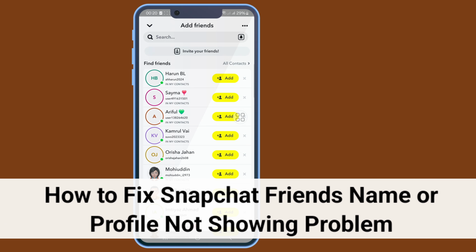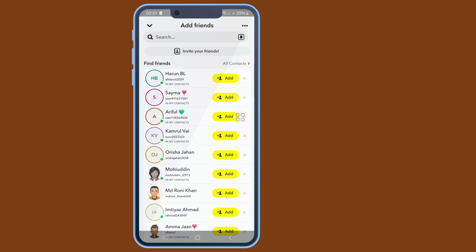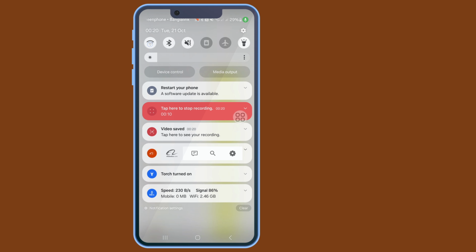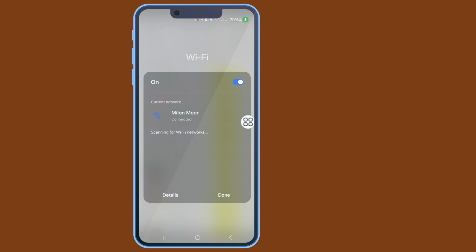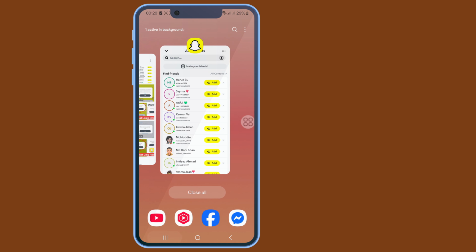Hello viewers, today I'm gonna show you how to fix friends' profiles not showing on Snapchat. To do this, first check your internet connection. After checking your internet connection, close your Snapchat app